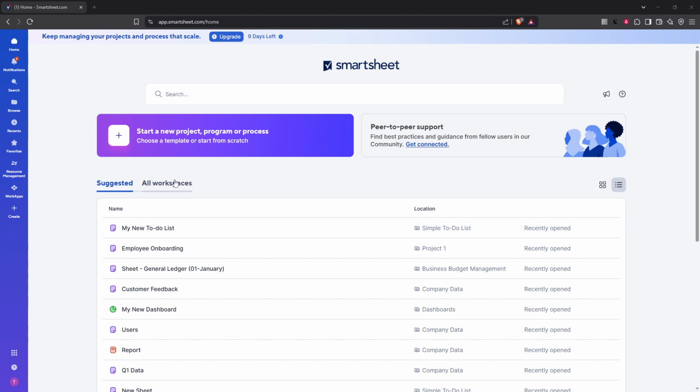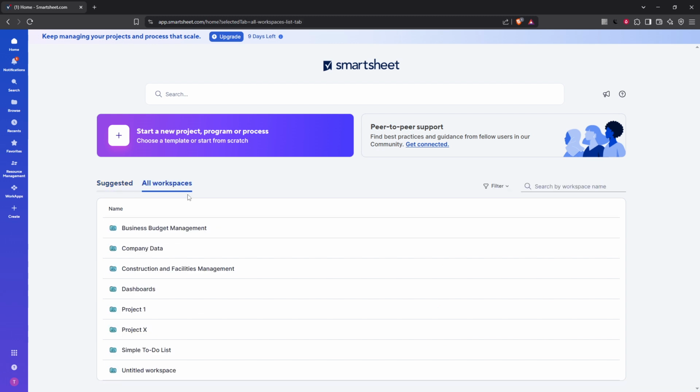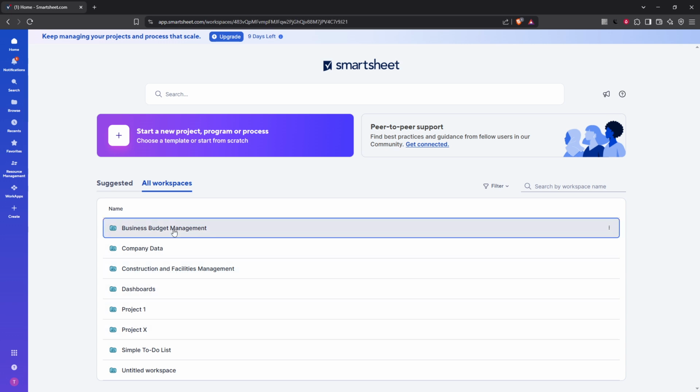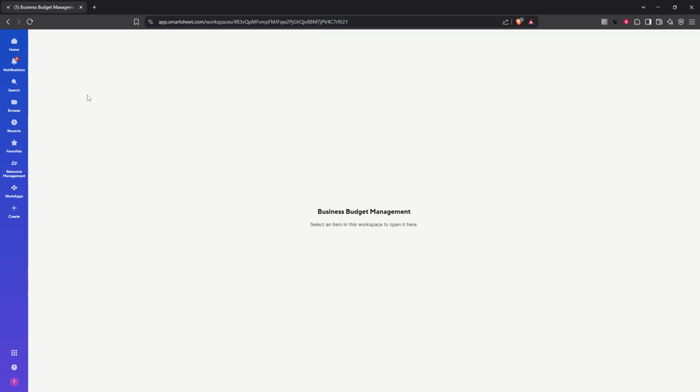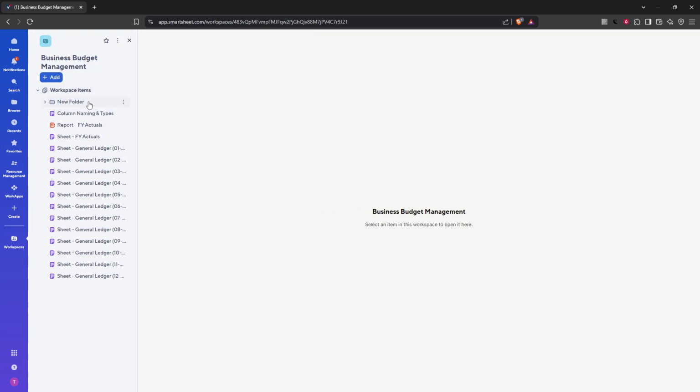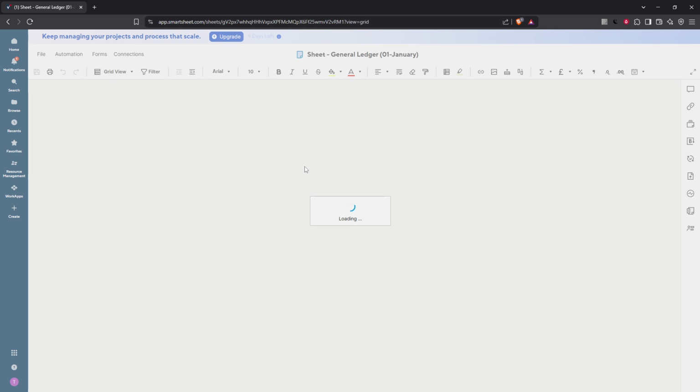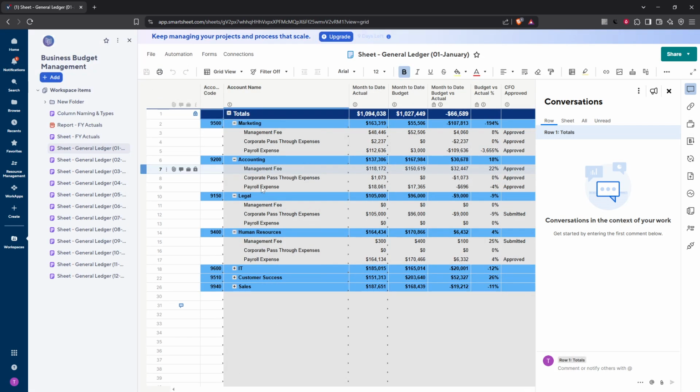First, navigate to your Smartsheet workspace or homepage. This is essentially your central hub where all your sheets are organized. Once you're there, locate and open the specific sheet you want to monitor. This sheet could be anything related to your project, such as a schedule, a list of tasks, or a comprehensive database for your team. Opening the sheet brings you right into the action, allowing you to view or edit its